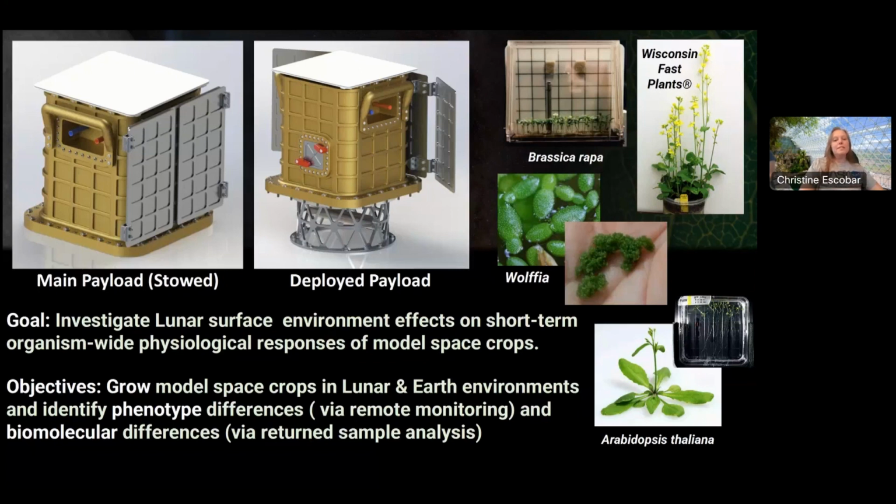And once the crew places LEAF on the lunar surface, they'll then initiate the experiment by powering it on and hydrating the seeds. And then after 3 to 5 days, the seeds will germinate and begin to grow. And the crew can then collect a portion of those seedlings prior to departing for their return journey to Earth. And some plants will stay behind in the payload to keep growing. LEAF will then continue to monitor the plant's growth in the environment until there's no longer enough sunlight for solar power. And then meanwhile, our LEAF science team will analyze the plant samples returned to Earth by the Artemis 3